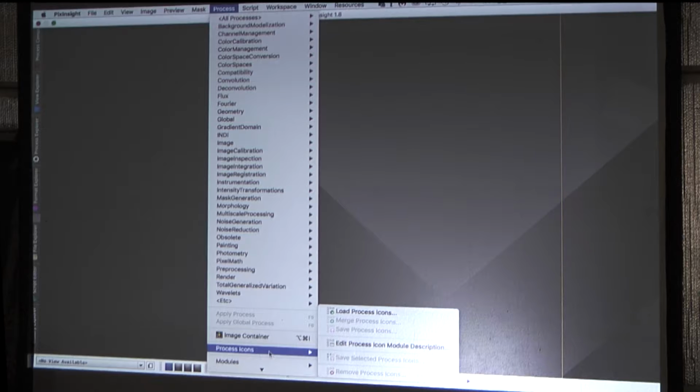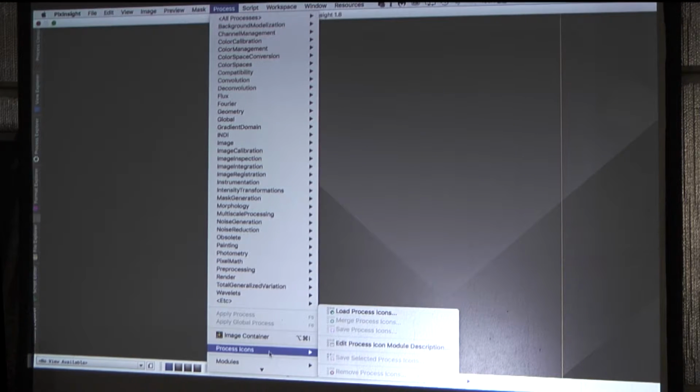You can create on your image a whole bunch of points where it's going to extract the background to create what your light gradient looks like. You can create a process icon from that, and stick it on your screen, and you can apply that to the rest of your images. You can save it. Next time you come back in, it's the way you set it up. It's already there. You don't have to go through all the work. So process icons are very valuable